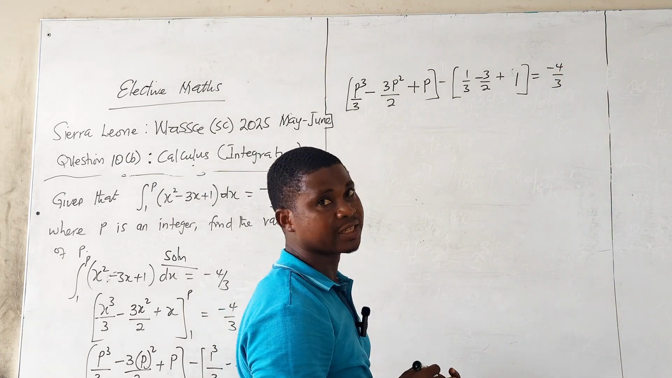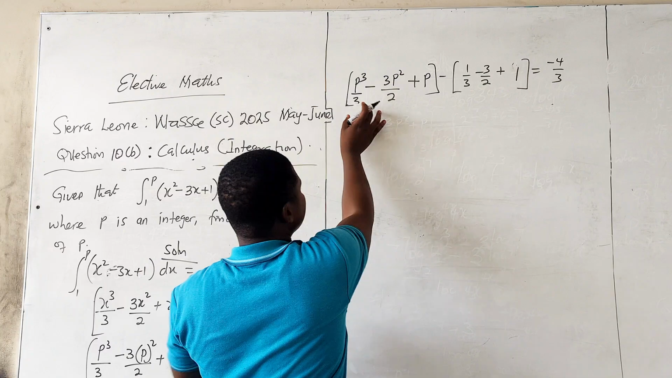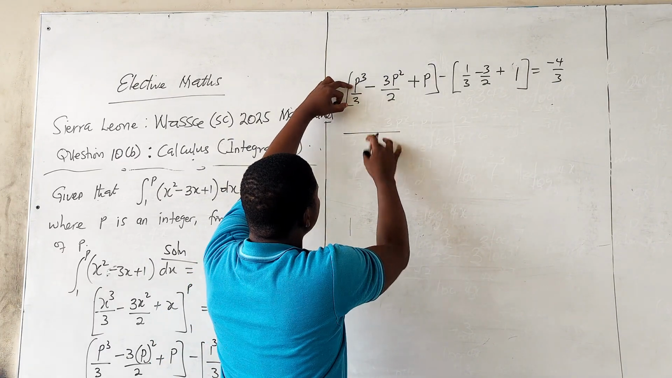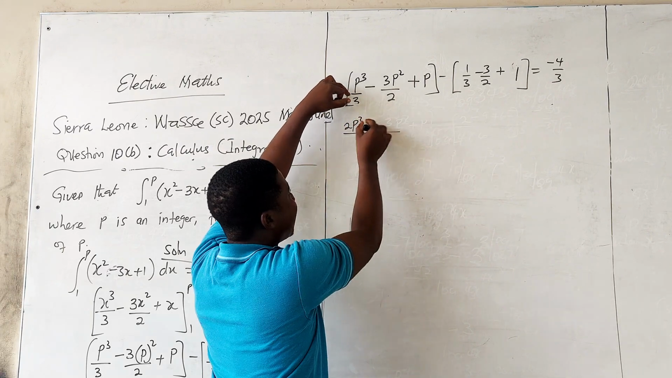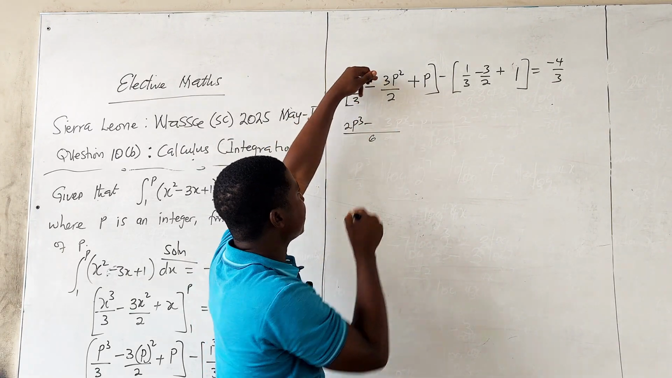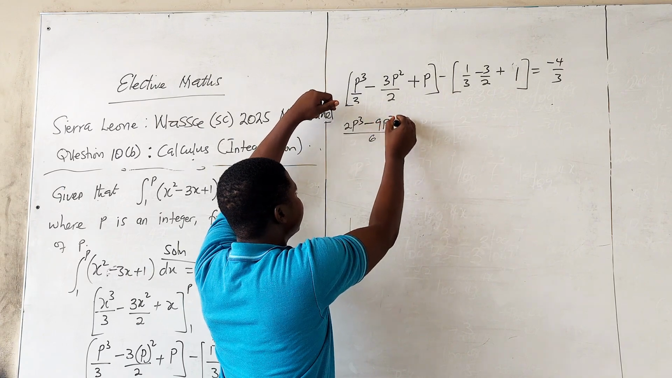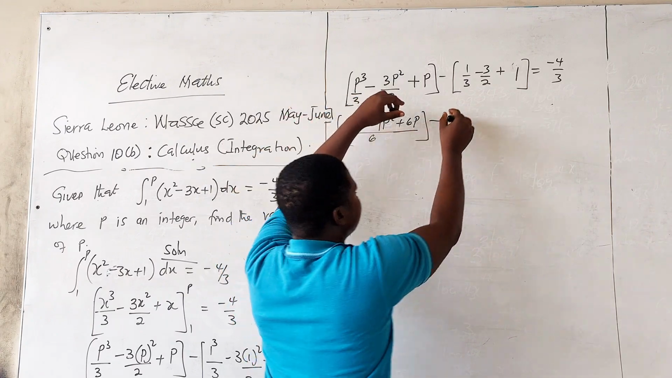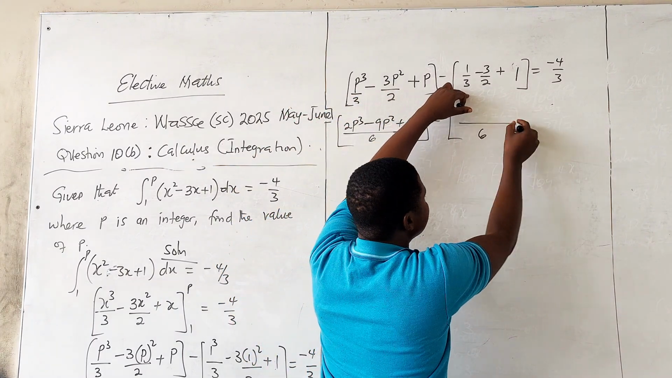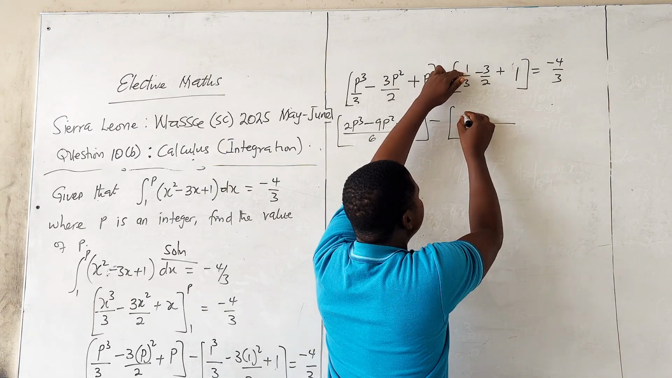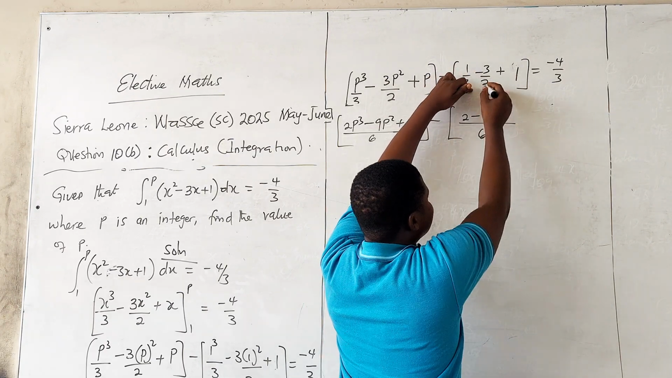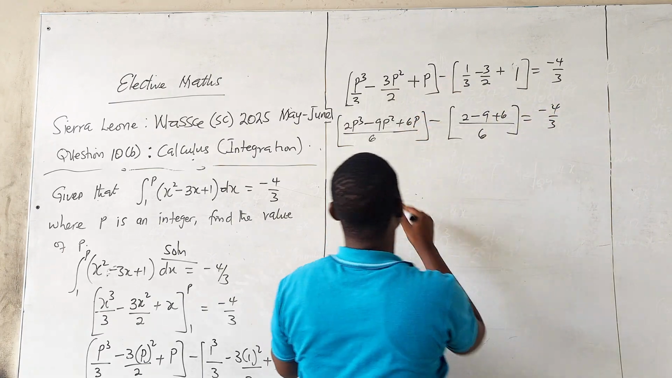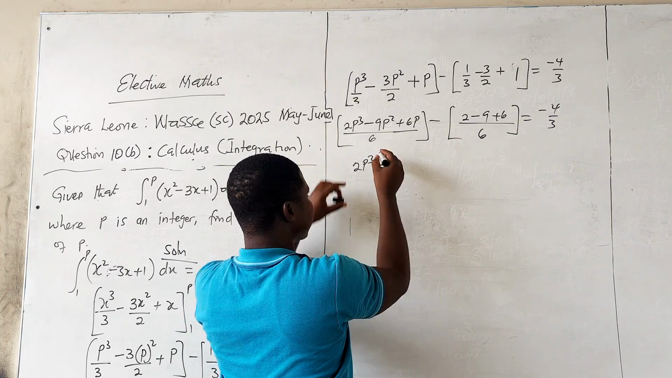So it means we have to simplify this side. The LCM for this one will be 6. 3 goes here, 2, we have 2p cubed. 2 goes into 6, 3 times, we have 9, minus 9p squared, then plus 6p, minus the LCM for this one will be 6. Goes here 2, 2 times we have 2, minus, this goes to 3, so minus 9, plus 6, equals minus 4 on 3. So we have 2p cubed minus